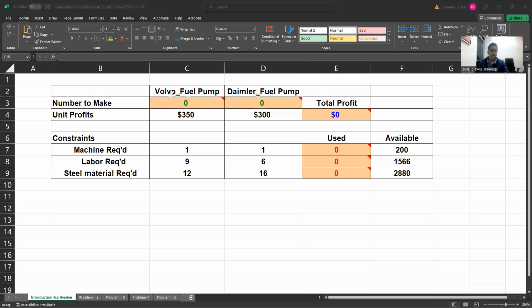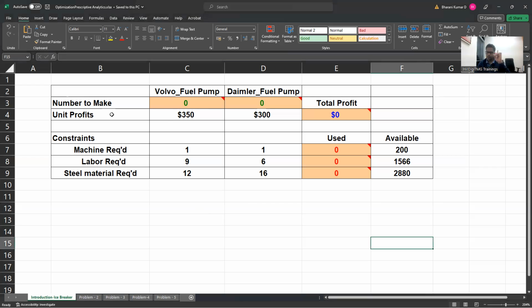Here we are talking about this particular manufacturer who manufactures pumps, and two of the prominent customers happen to be Volvo and Daimler Chrysler. Say these pumps go into the truck,